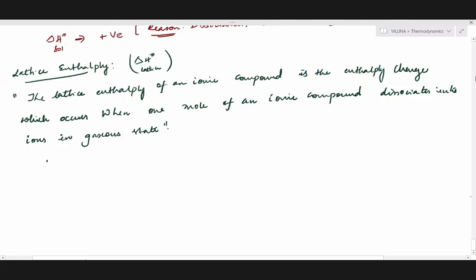So if you have NaCl, same example. NaCl will be a solid, right? So if this NaCl ionic compound is dissociating into gaseous Na plus and gaseous Cl minus, then the net enthalpy change involved is lattice enthalpy, delta H lattice enthalpy. Now, there are 2 points that should bother you. First, the initial reactant is a solid. The final products we are considering to be gaseous ions, which means there are some individual steps involved here.